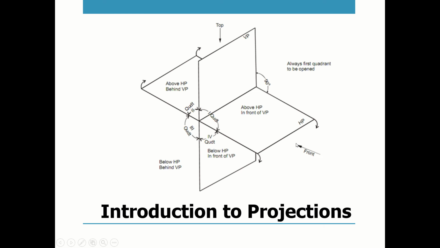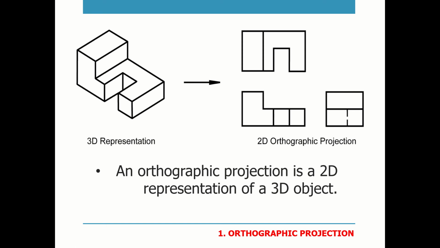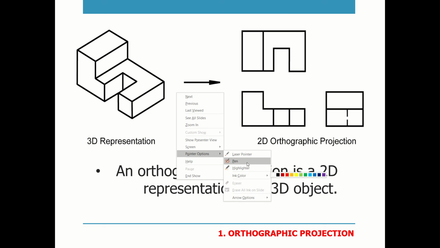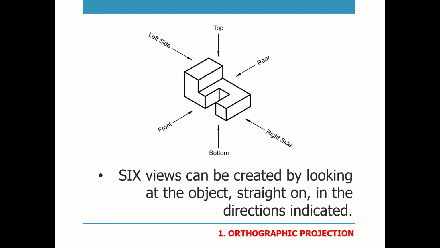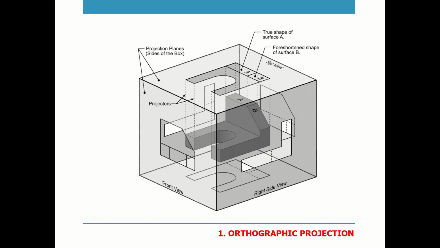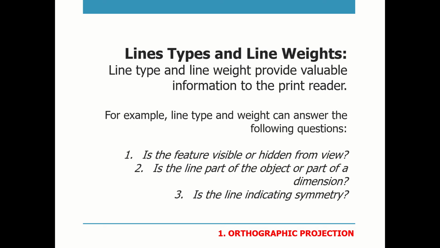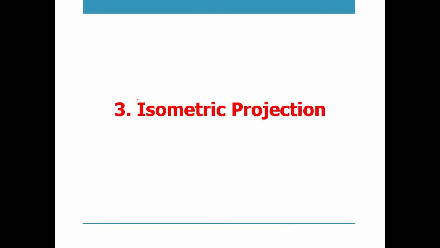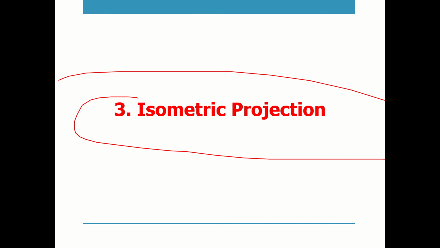So in order to even construct this orthographic projection, we need to know how to construct 3D in the first place. Once we have the 3D here, we will be able to convert this 3D object into 2D drawings, isn't it? So we'll see that also. We'll see only one aspect, and the rest of it we can see in subsequent classes. We will see only isometric projections because it is one of the easiest and most commonly used projection types.